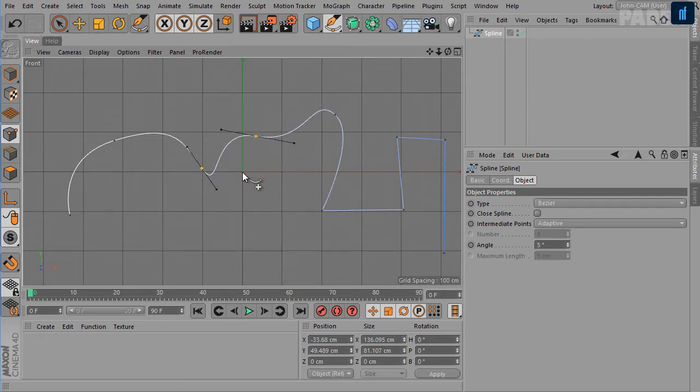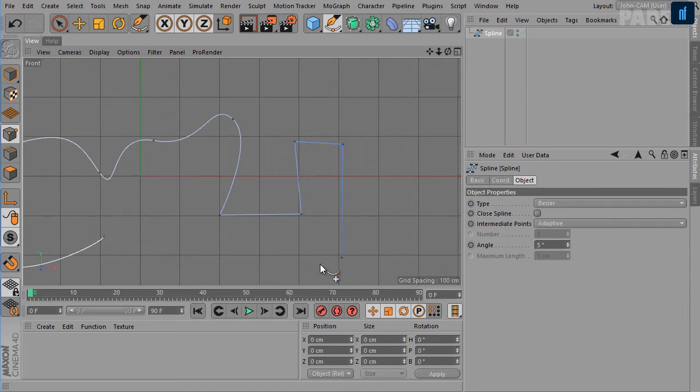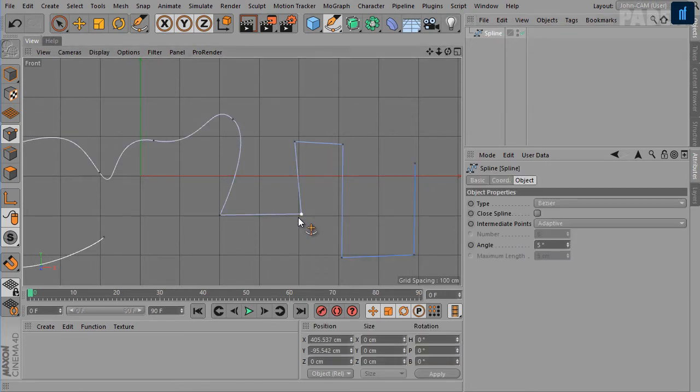If you want to extend a spline at the beginning or at the end, select the respective point and then start drawing. If a point is selected on the spline which is not the end point, then you can press Ctrl to continue at the spline's end.